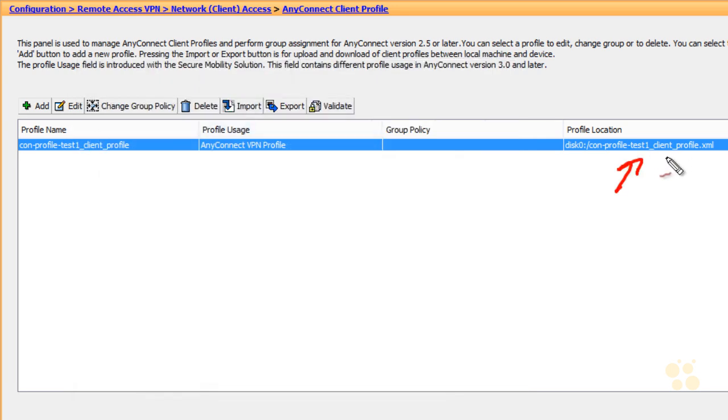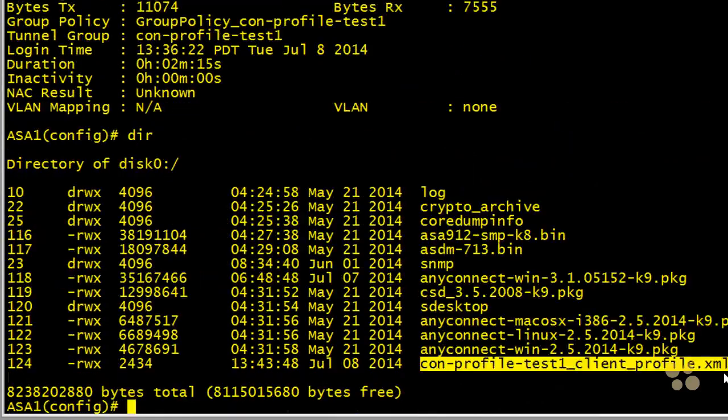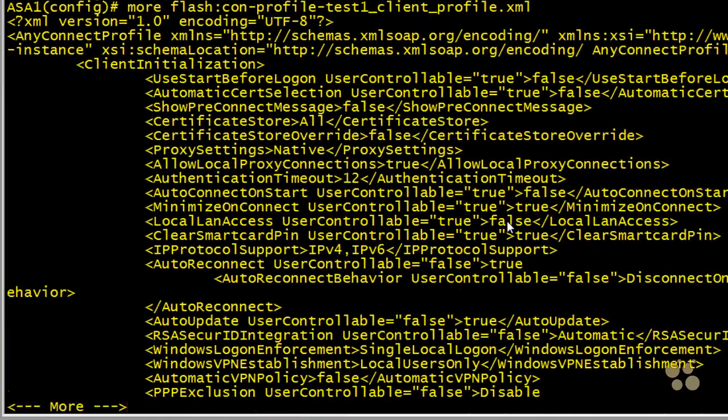If we wanted to see this profile, we could do a couple things. We could click on Edit and view it through the nice profile editor built into ASDM. We could export it to our local computer and open it up, or we could simply take a look at the contents of that file as they sit on the flash of the ASA. So on the ASA, if we do a dir, there's our file right there. If we type in more and type or paste in that file name, we can see the literal contents of